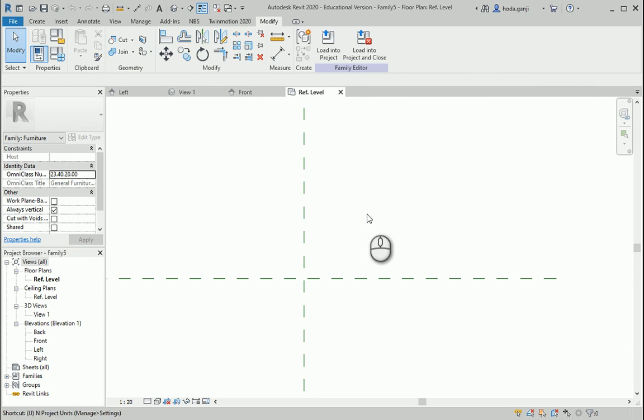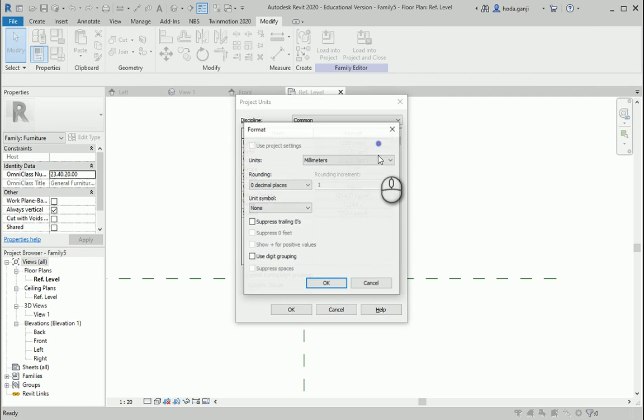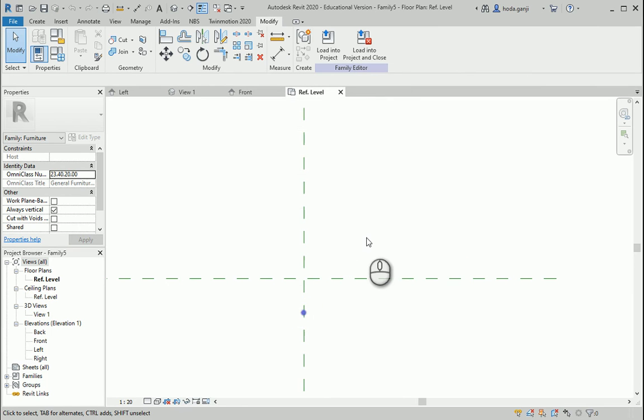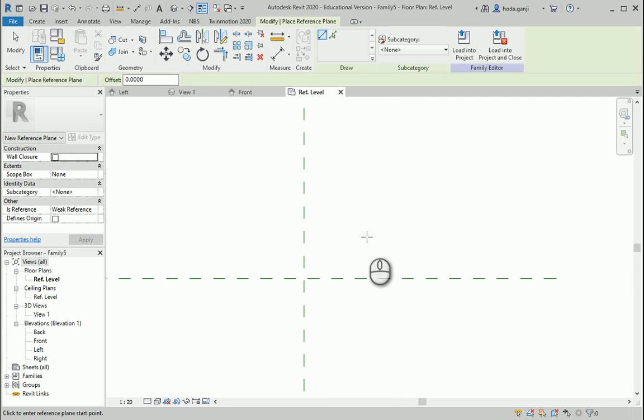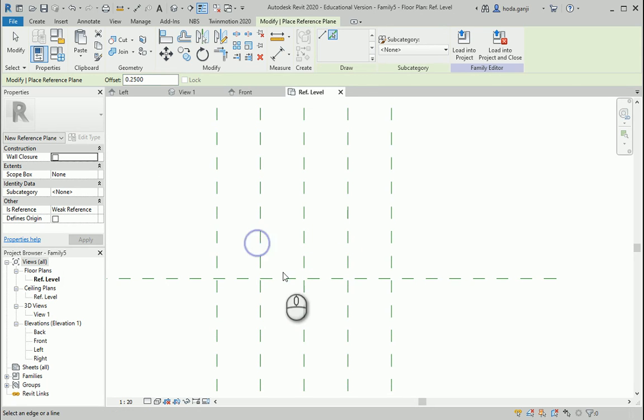Actually, I prefer to change the units to meters. You can leave it on millimeters. 3 decimal places. I want to type RP for reference plane and I want to offset these reference planes by 25 centimeters